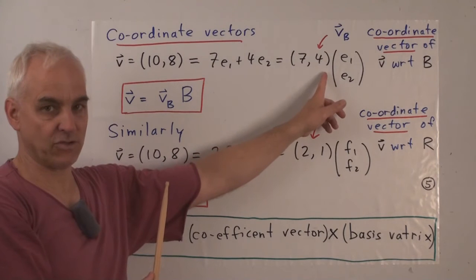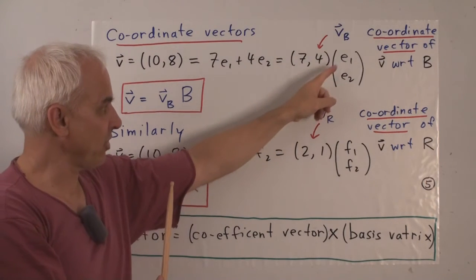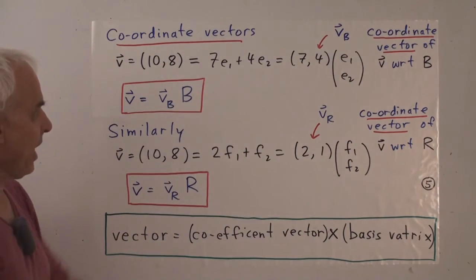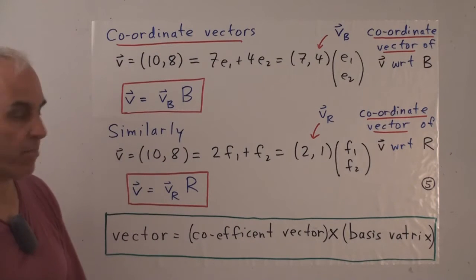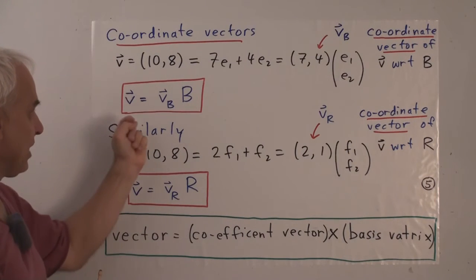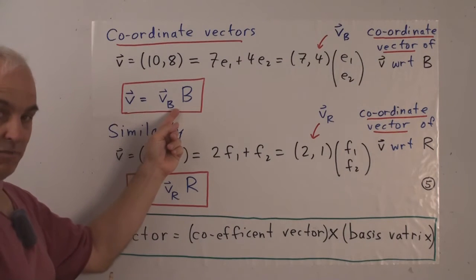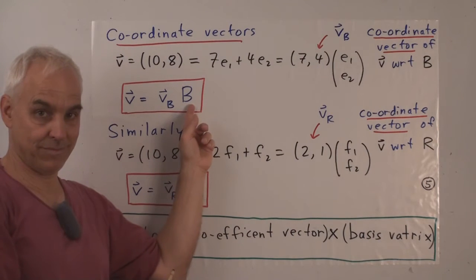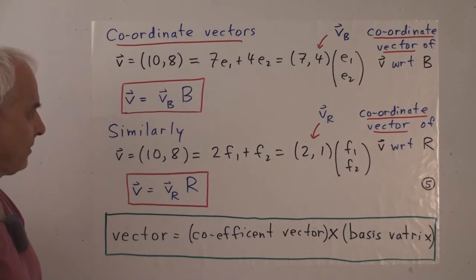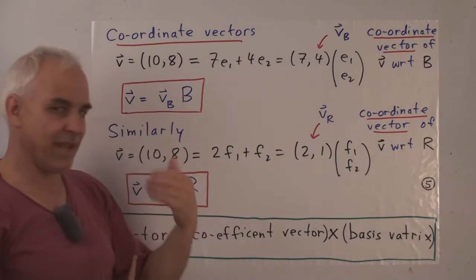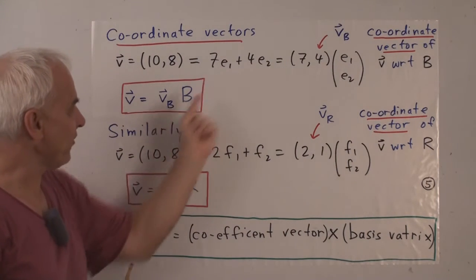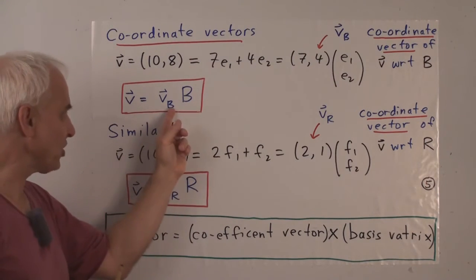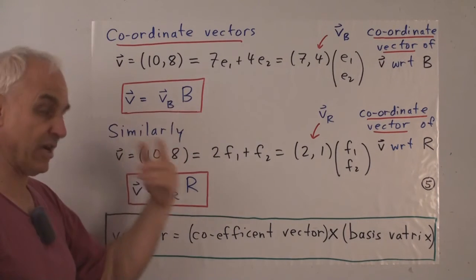Notice that it's a row vector. That row vector times that column vector of the basis. And so we can rewrite that in this rather short form, that the vector v is equal to the coordinate vector of v with respect to B, v sub B, times the matrix B. And you should think of this as being some kind of abbreviated form of this. It's a coordinate times like a vector. That's the coefficient and that's the vector. Except it's a vector of vectors.